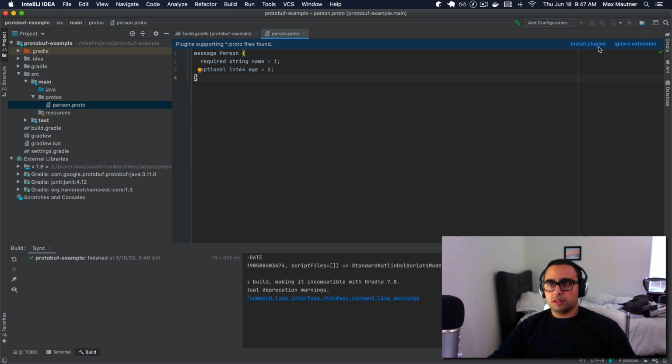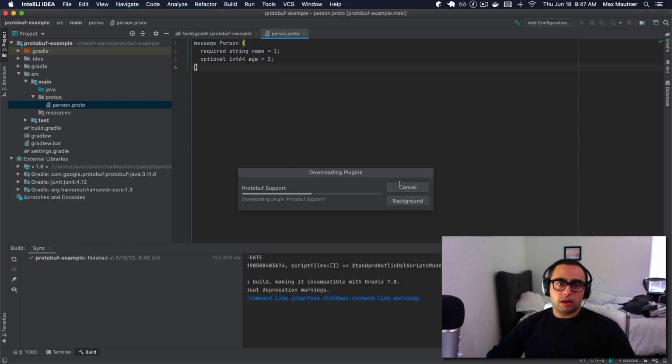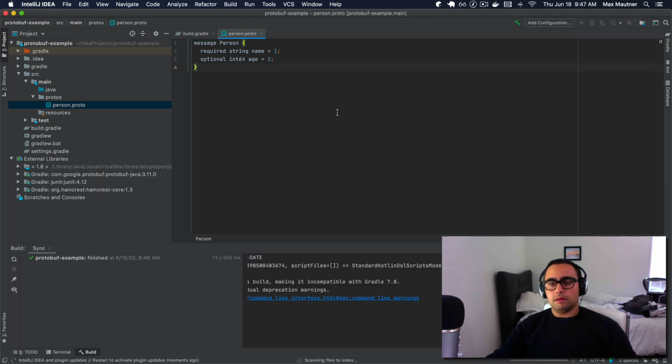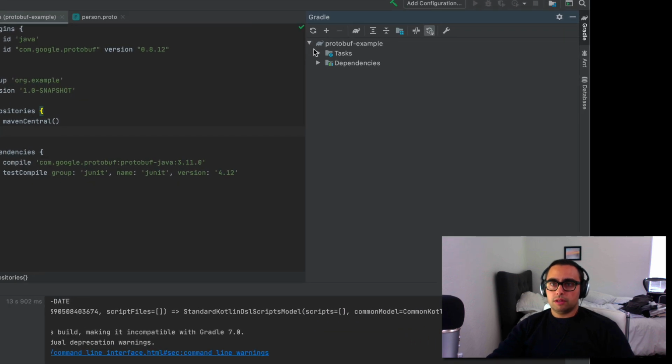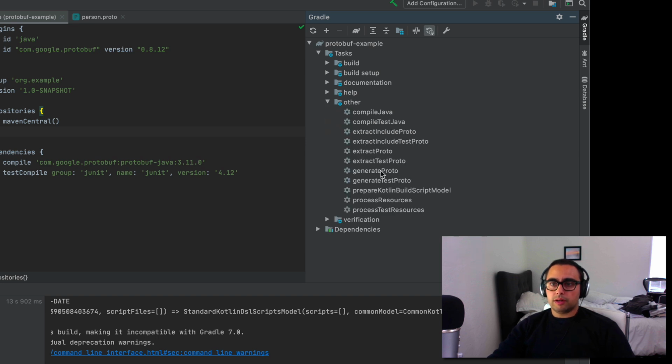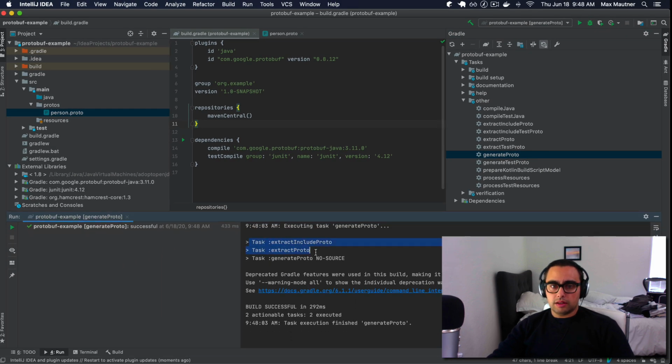Now there's some plugins you can install, which I'd suggest you do for IntelliJ to handle proto files. We are not going to restart IntelliJ yet because those plugins are not very important for our use case. But having created this proto in the Protos directory, you'll notice that if we go over to the side tray for Gradle and we expand to see what tasks are available to us, what we now have is a generate proto task. So let's give a double click on that, and you can see that it is performing some subtasks,